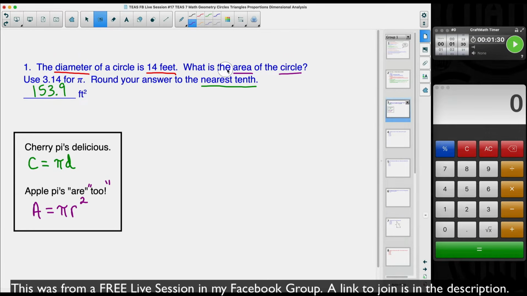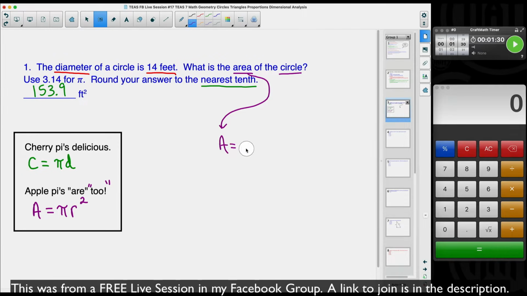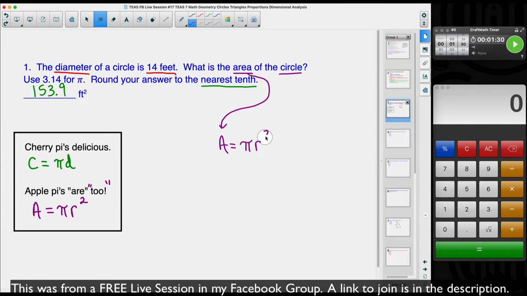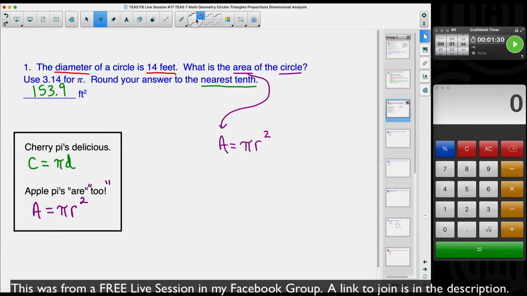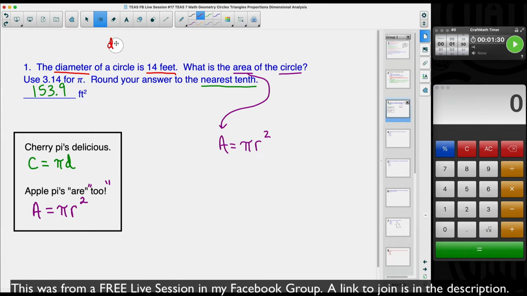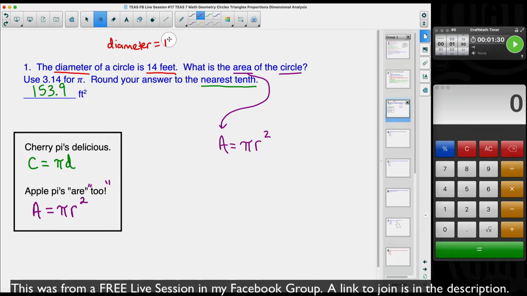So back to this question, it says, what is the area of the circle? Since it's asking for area, I'm going to go ahead and write down my formula. Area equals pi r squared. Now, we need the radius, and something you need to go ahead and remember is if you know the diameter, if the diameter is 14 feet,